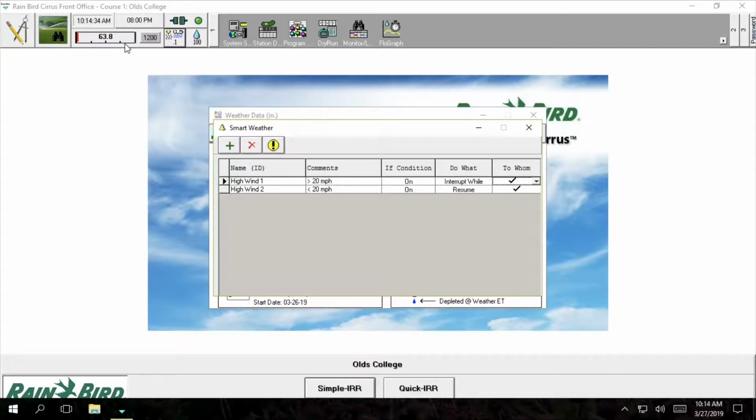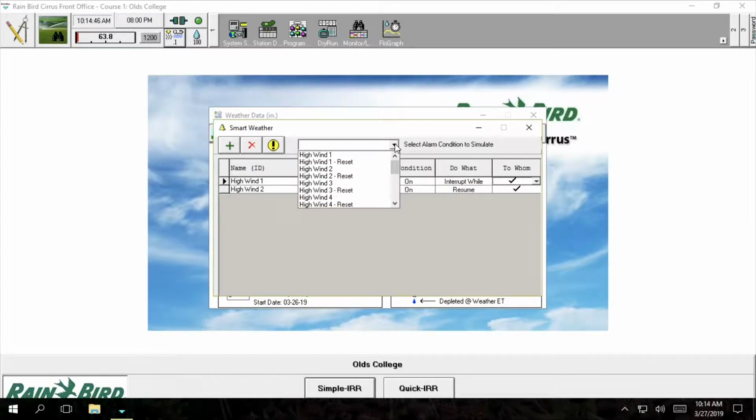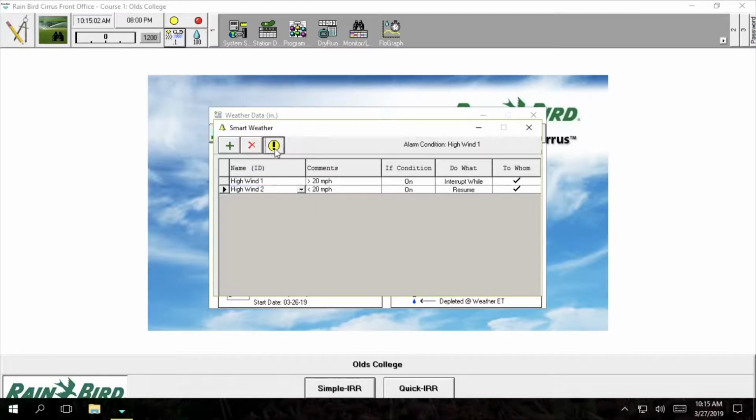Currently we have our 16th green running, so we can show the simulation. So when we click the alert button here to simulate the condition, we'll open this drop down and select high wind 1 to match our first condition. As you can see up here, our system has stopped. When we select the alarm again and select high wind 2,